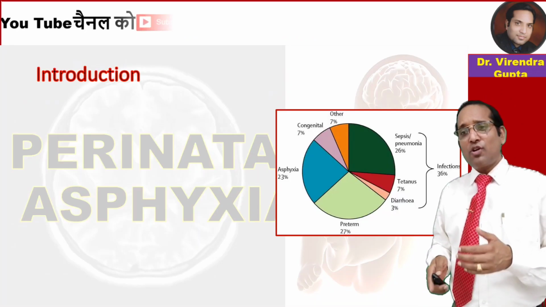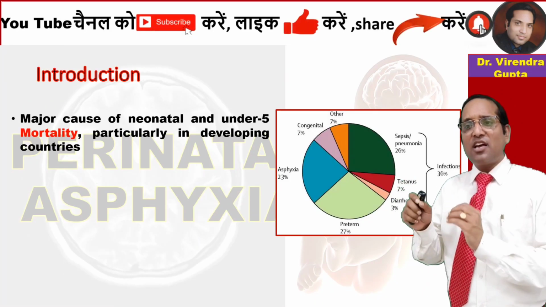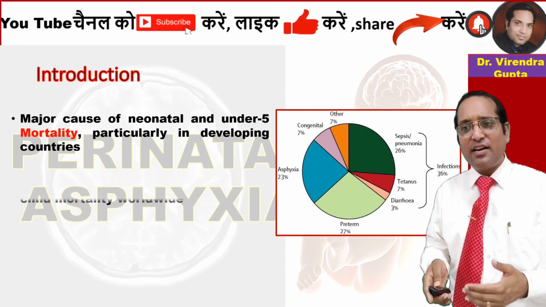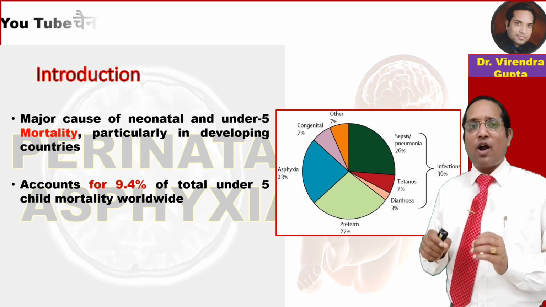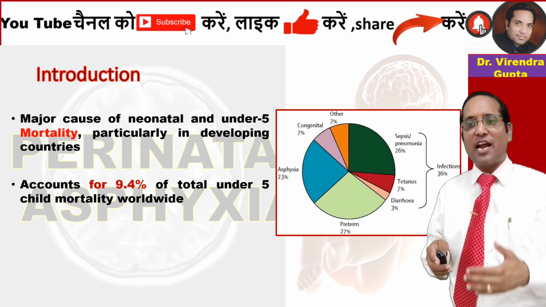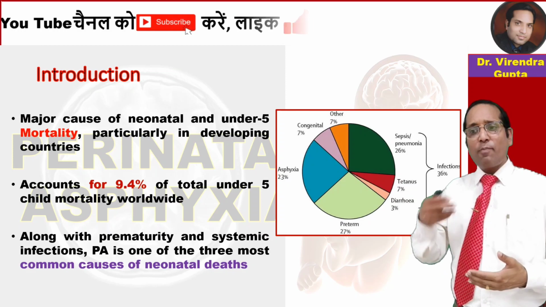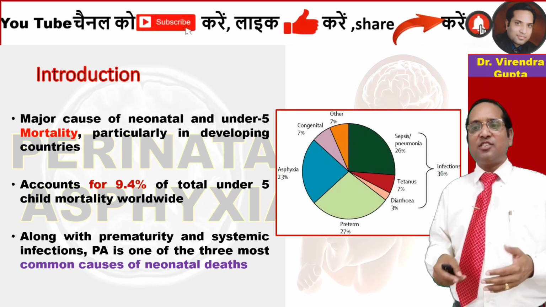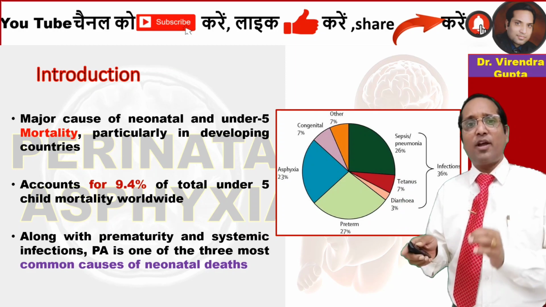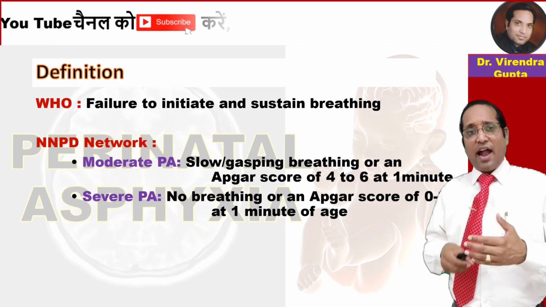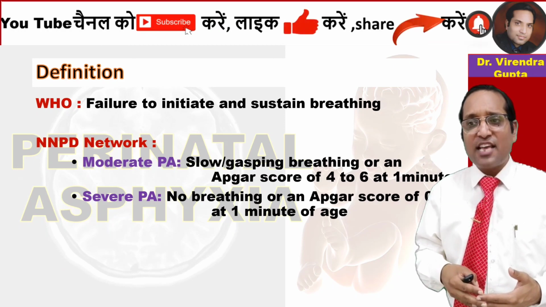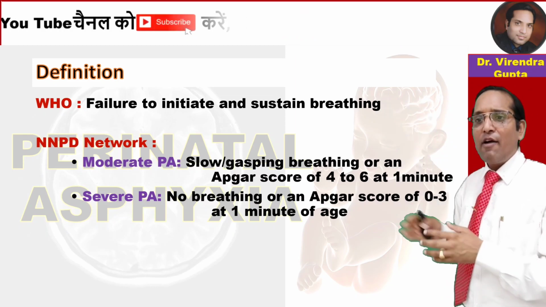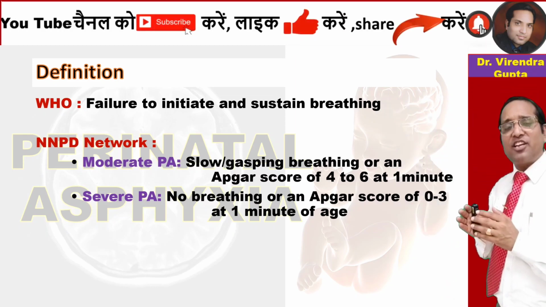So guys, perinatal asphyxia is a major cause of neonatal and under 5 mortality, particularly in developing countries, and it accounts for 9.4% of the total under 5 child mortality worldwide. Along with prematurity and systemic infection, perinatal asphyxia is one of the 3 most common causes of neonatal deaths. WHO defined perinatal asphyxia as failure to initiate and sustain breathing,